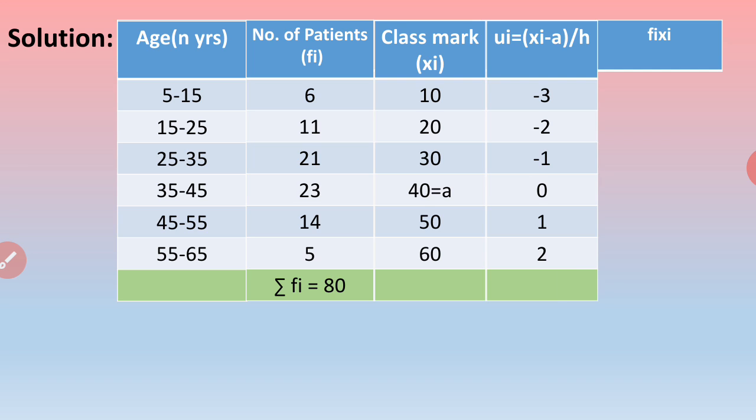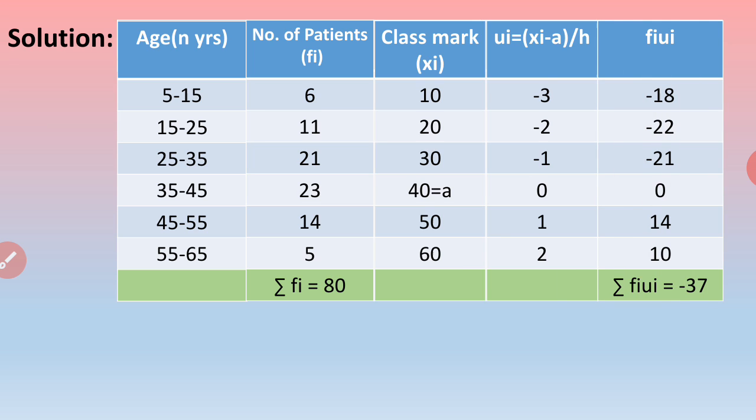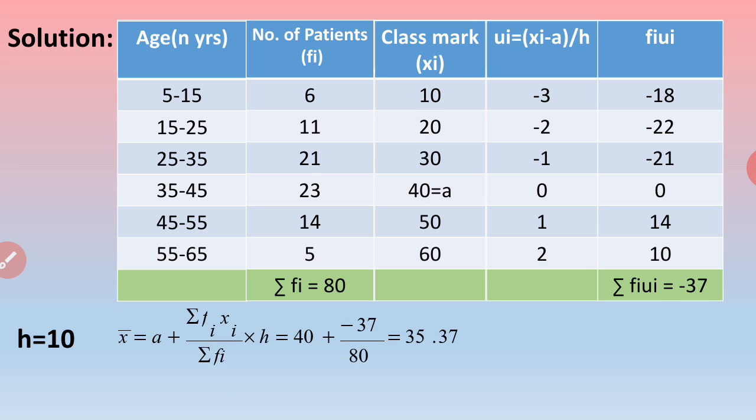With this, we have generated ui. Once you get ui, you will find fi ui. So fi ui is the product of the second and the fourth column here. Once you find fi ui, you find the total of fi ui, that is minus 37. After that, we are going to substitute all the values in the formula to get the mean age. The mean age comes out to be